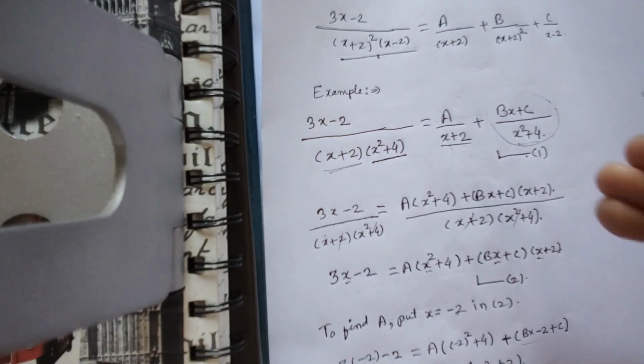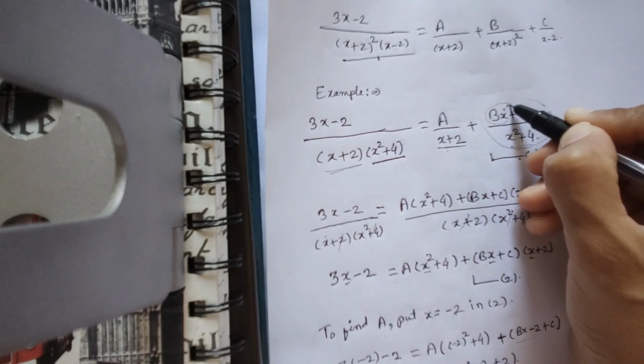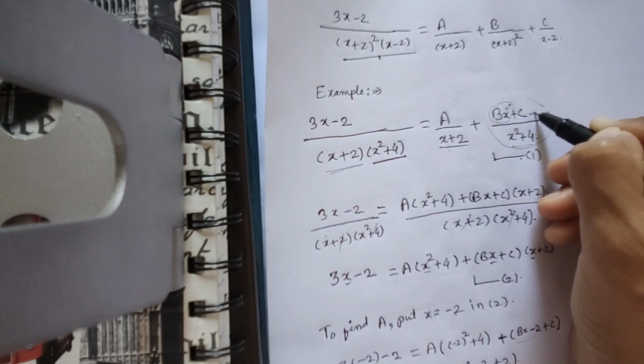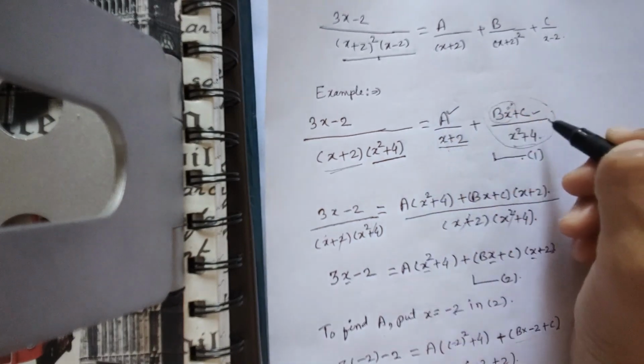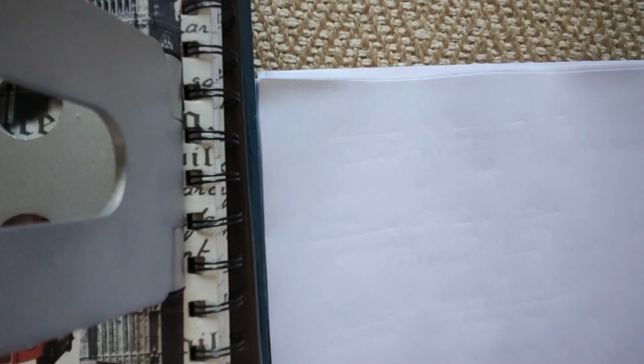I know if I put x equal to 0, then this bx term will become 0 and I'll only have c remaining, and a I have already found out. So I can find c here. So I'm just putting x equal to 0. Any value of x you can put. If you are confused about why I am taking 0, then just substitute any value of x in equation 2 and you will be fine.